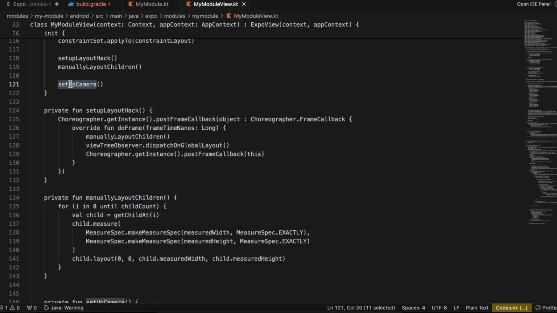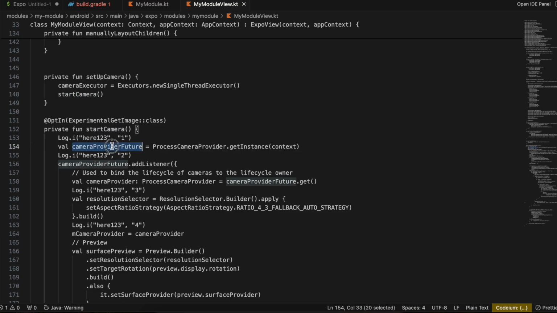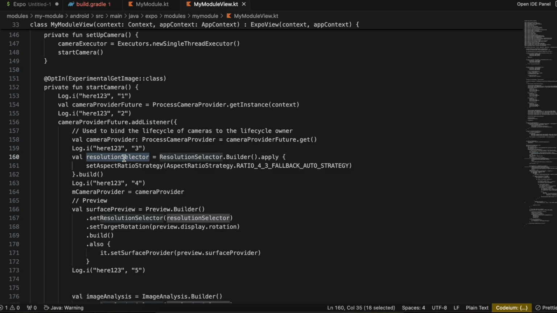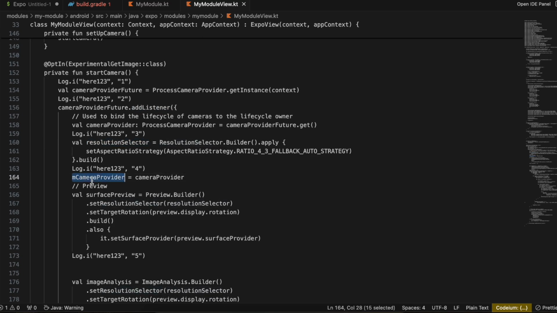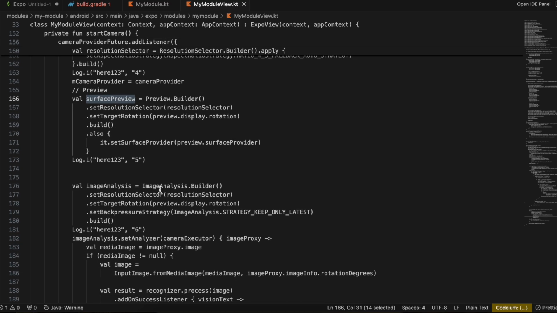Then here we are calling setup camera. So we are just initializing the executor as well as starting our camera. Then here you can see we first use this camera provider feature, then add a listener to it. Then we do this resolution selector. Then we just assign our camera provider. Then this is for our surface view. And here whenever